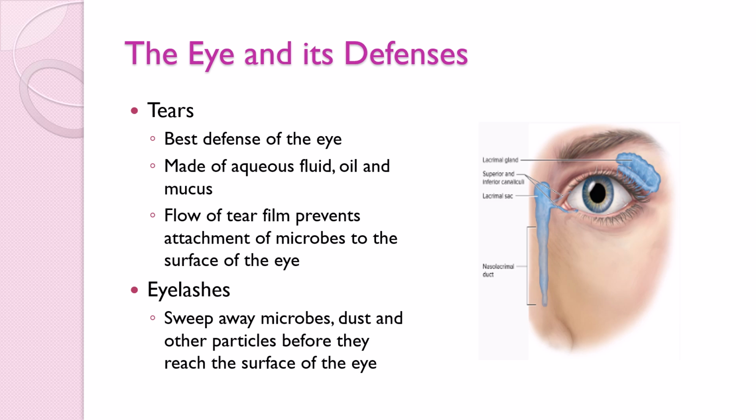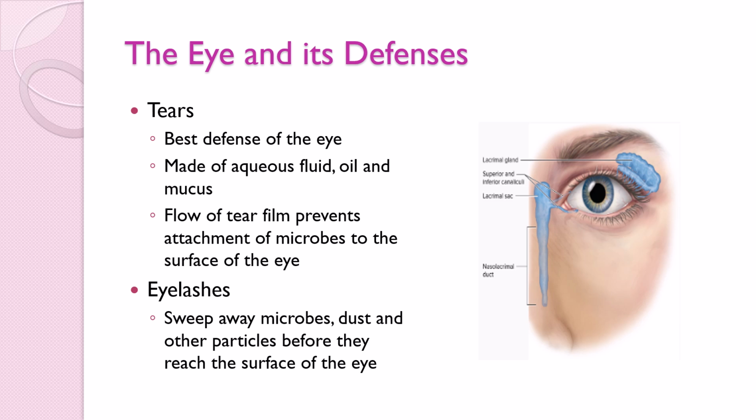So this product that we call tears is an aqueous fluid made of oil and mucus, and this is going to be a constant flushing of the eye that will then drain into that lacrimal sac, and thus into the nose, and either you swallow it or snot it out. It doesn't really matter. But essentially, we're constantly flushing the eye of microbes and debris with these tears,